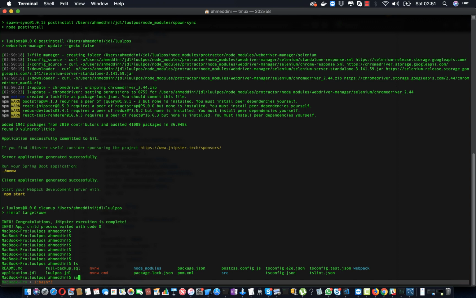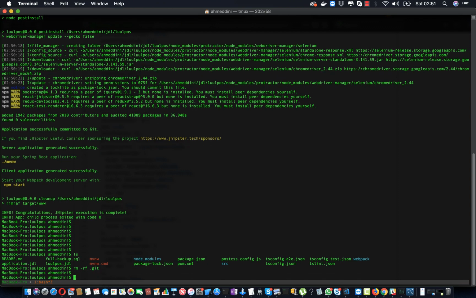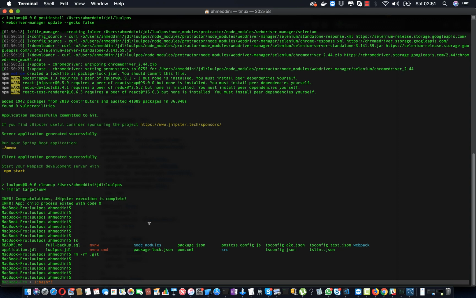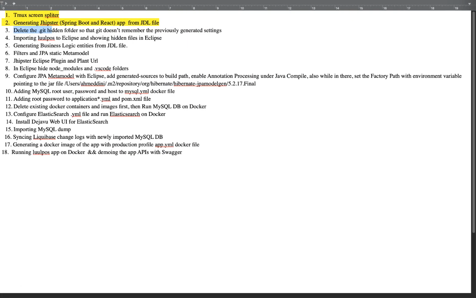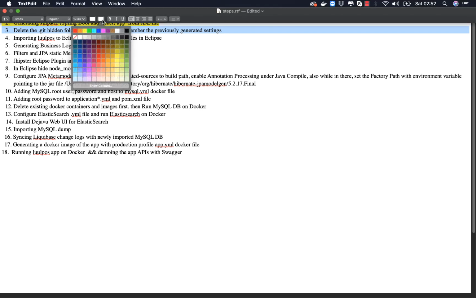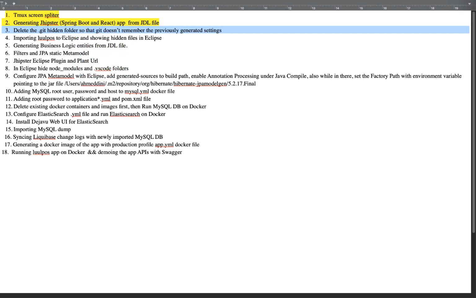Yeah. So the .git folder is gone, so that's done. Next thing is going to be boring to go through, but it's very good actually. It's guided instruction, and it says that's done. So let's highlight that one yellow as well. Next thing is importing